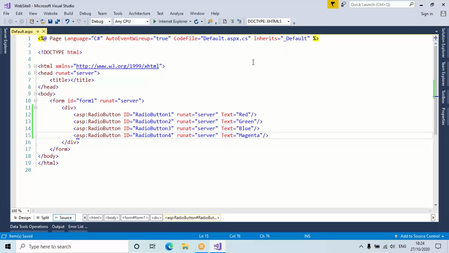Magenta. Here, radio button red, radio button green, radio button blue, radio button magenta. Yes, 4 buttons. But the problem now is